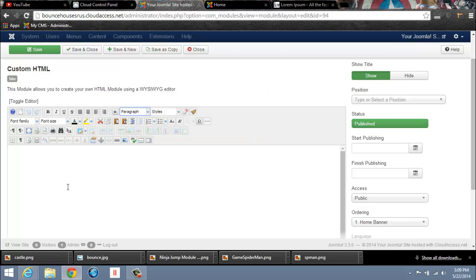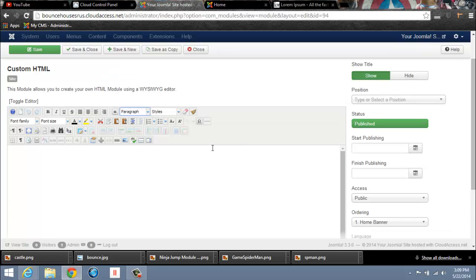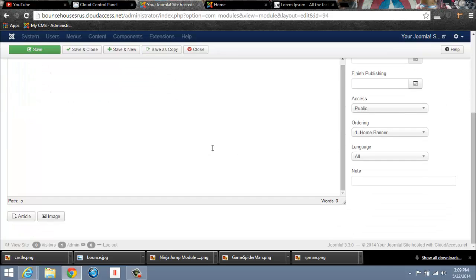So this will help you explain your content to them, which in turn will help you get your site ranked a little easier. Not saying that you're going to get ranked overnight, because I really don't think that happens for anybody unless you're some huge corporation and you have a whole lot of money to throw into advertising and stuff like that. So now what we need to do is upload an image,